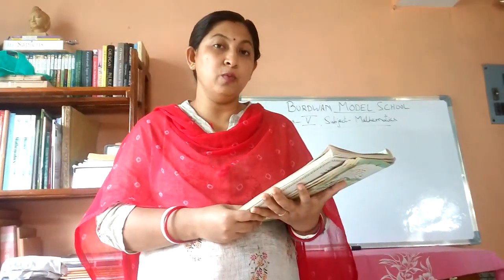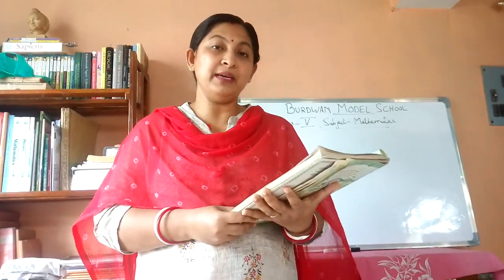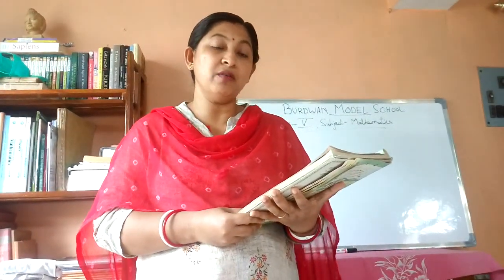Here the number of right angles is 11. You can see it in the book. Okay. And the number of angles which are less than 90 degrees is 10. So from the name itself or from the book you can find out which one is 90 degrees, which one is less than 90 degrees, or which one is more than 90 degrees.